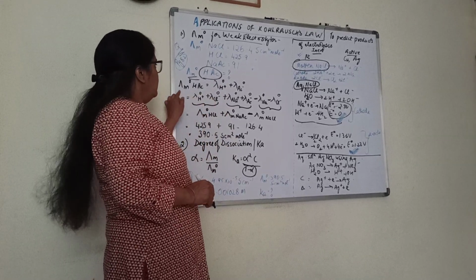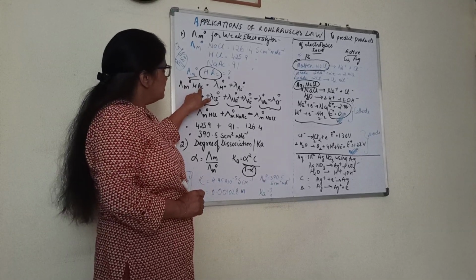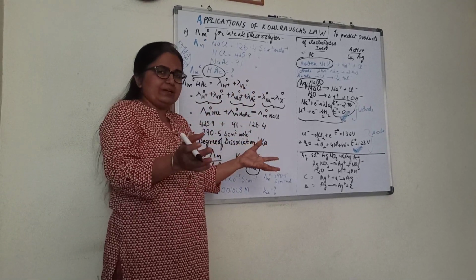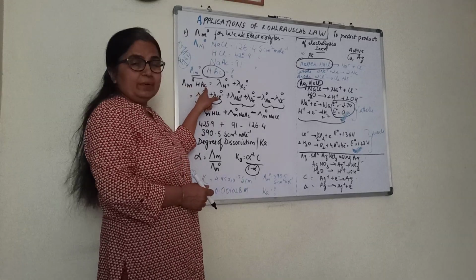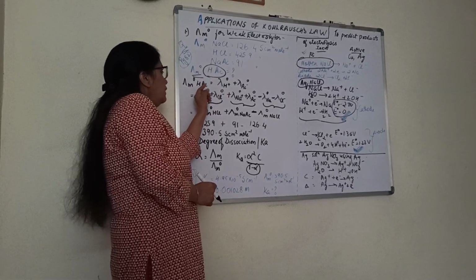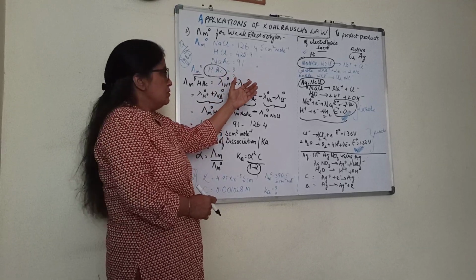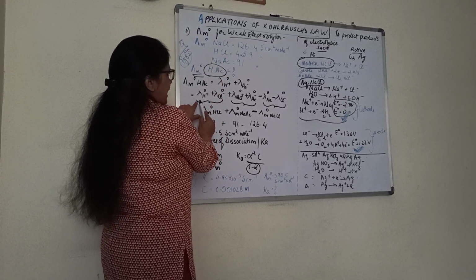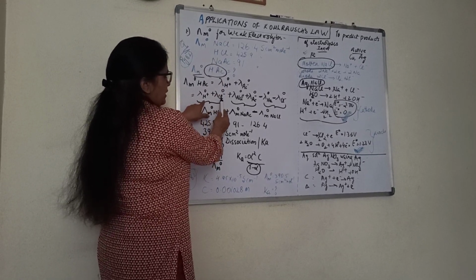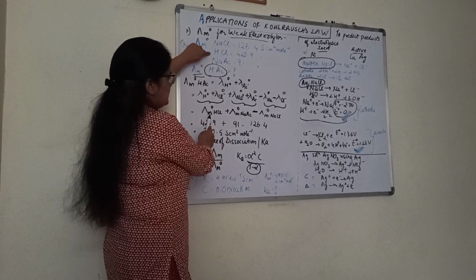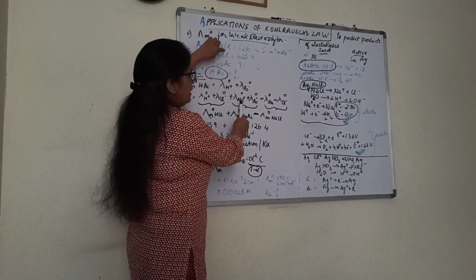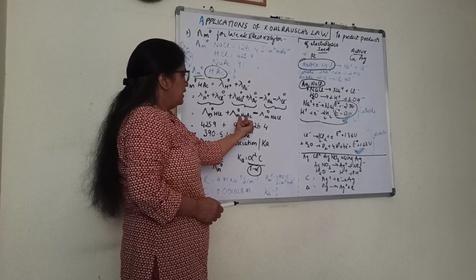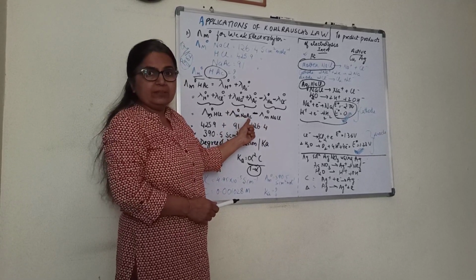Now, we know the limiting molar conductivity of acetic acid will be equal to that of H plus ion and acetate ion. So the two ions' sum will be equal to the total limiting molar conductivity. Now this we cannot find directly. We will be finding it indirectly using this law. Now if I add this H plus and Cl minus together, it will give me this for HCl. Likewise, if I add sodium acetate's individual ions' conductivity, I will get the limiting molar conductivity of the overall thing